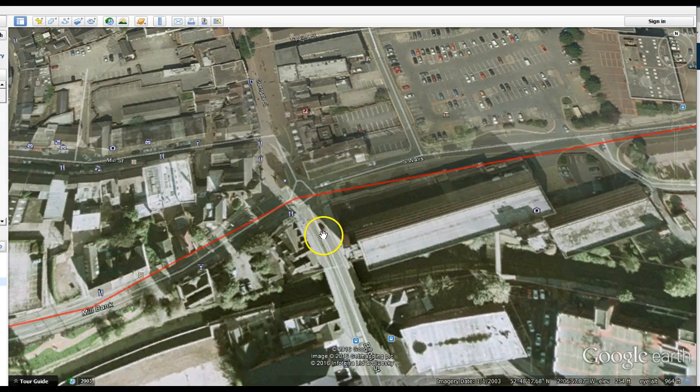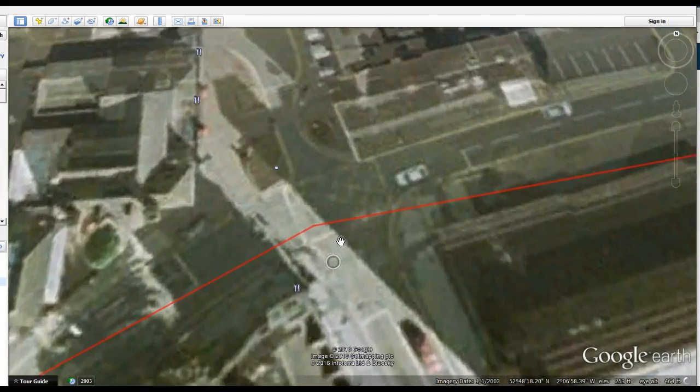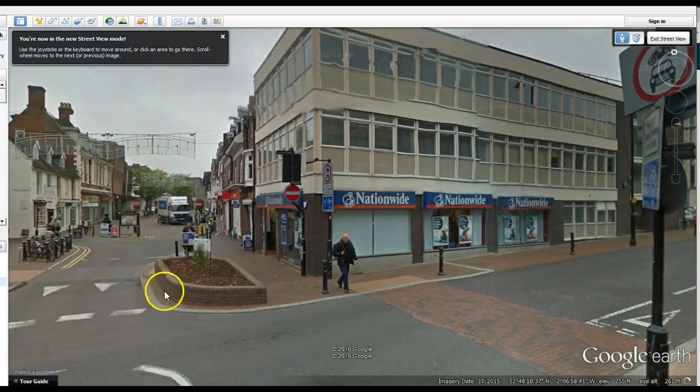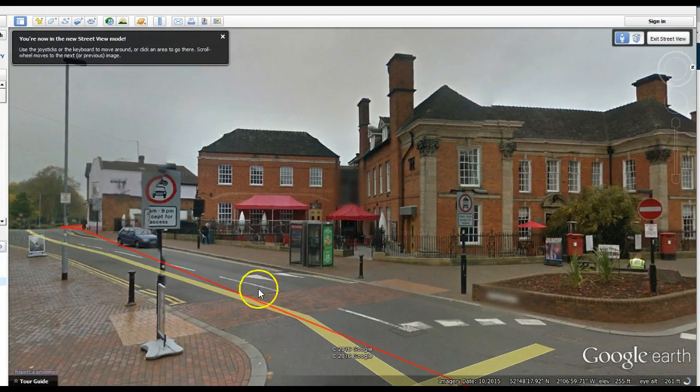I wonder if I can zoom right the way into street level. Let's see if it works here. If I zoom right the way in, I think it might flip into street level. It does. Okay, so you will have come from this direction here alongside, I think it's called the mailbox or